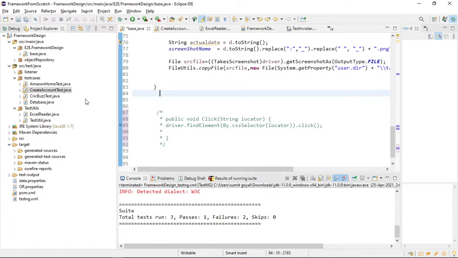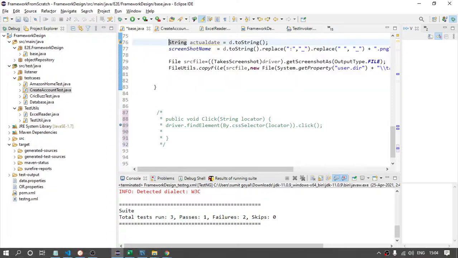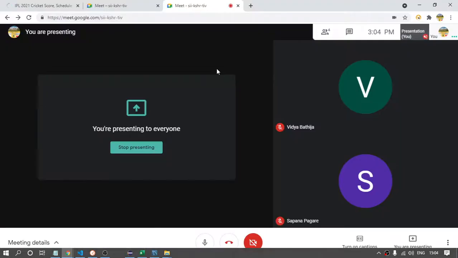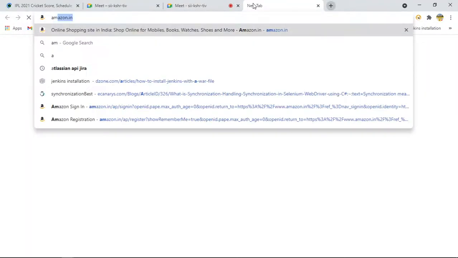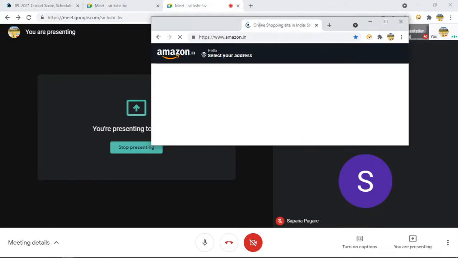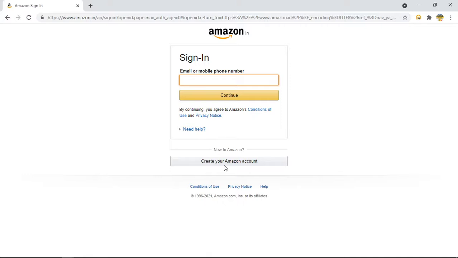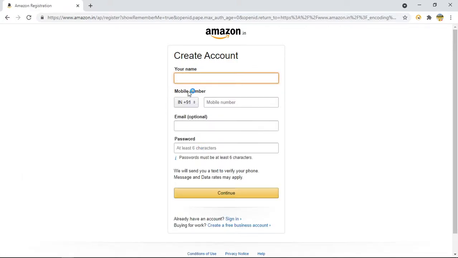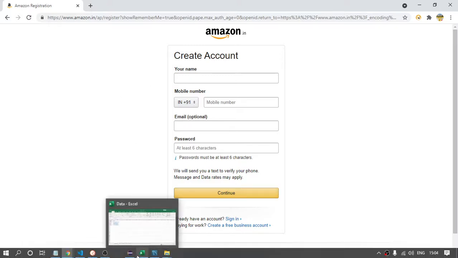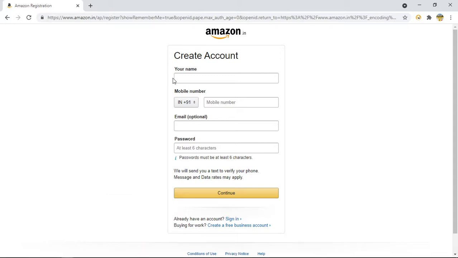Yes, Sumit. So let us suppose there might be a scenario where we have to run my test case multiple times. If I open that Amazon website, suppose I want to run this test case multiple times, like I want to provide email and enter the name, and then I have to click on the continue button. So for one name, there can be 10. Just suppose there are 10. So how can you make this test case run 10 times?